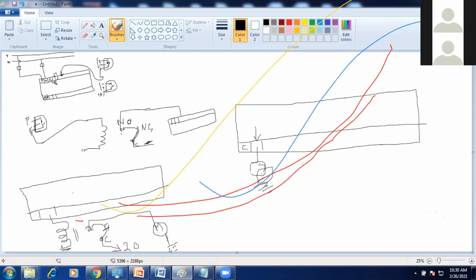For a DC application, give a normal ground connection. For an AC application, give a neutral. So based on the voltage of the output device, AC voltage or DC voltage, we need to give it in the common pin. Whichever voltage we give in the common pin will flow to the output device. Like that we can connect.